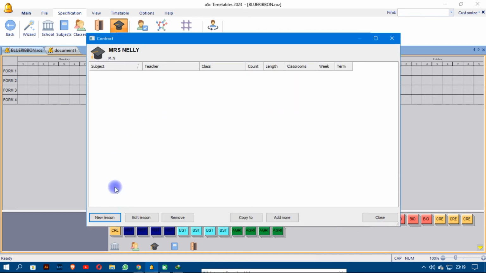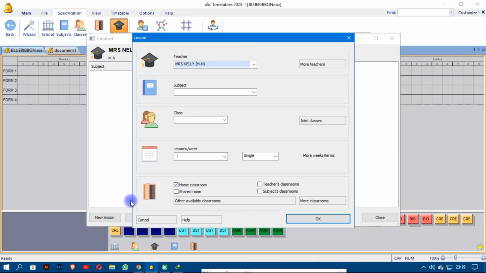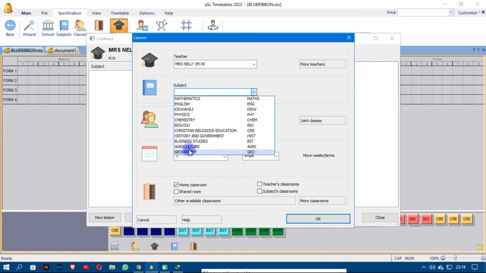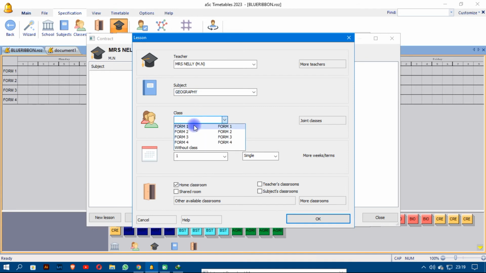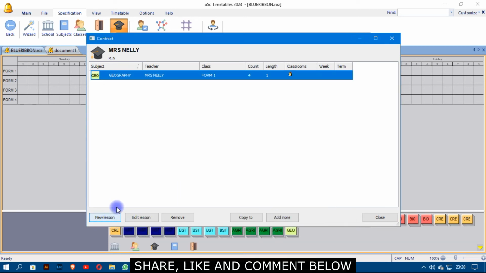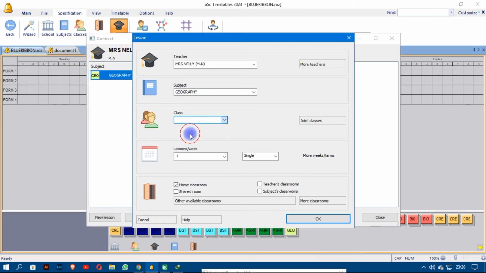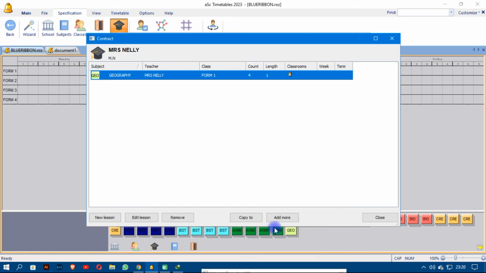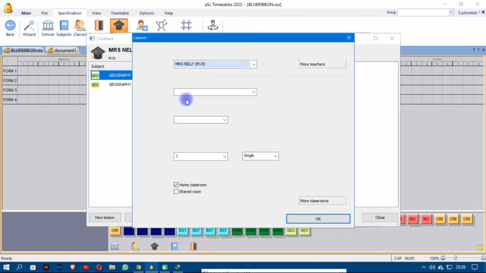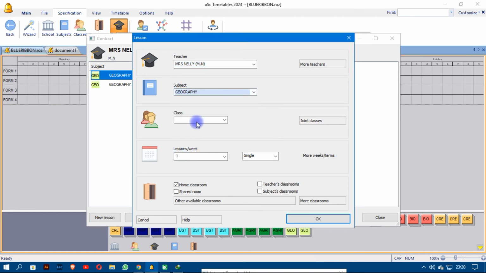So we're going to give her which subject? The remaining is geography. So in this case, we're going to have Form 1 taking 4 lessons in a week. Okay. And then we can have the same subject, geography, Form 2 taking 3 lessons in a week. Okay. And then the next form is Form 3, number of lessons, we work with 5, and then